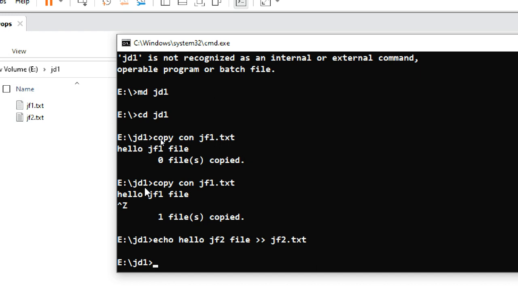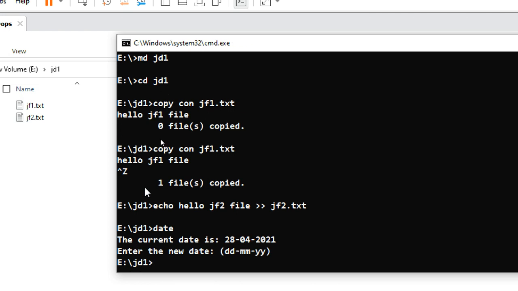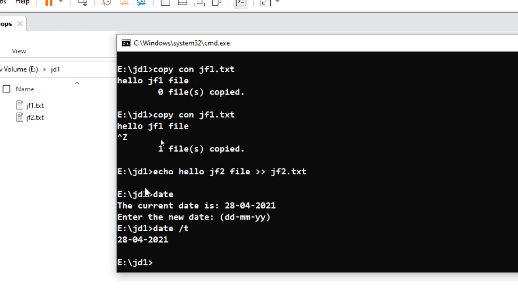Or, if you want to insert something inside, like the date. Date is a command to see the date as well as modify the date. But if you put the command date /t, you can see the date only, you are not modifying it. Then the command will execute, otherwise the command will get stuck there.